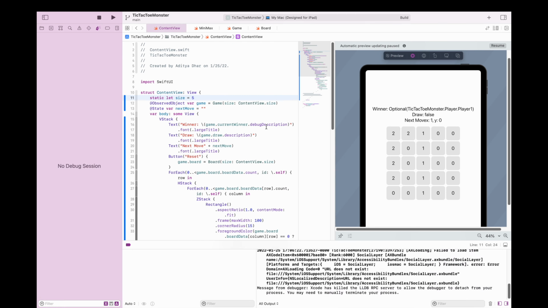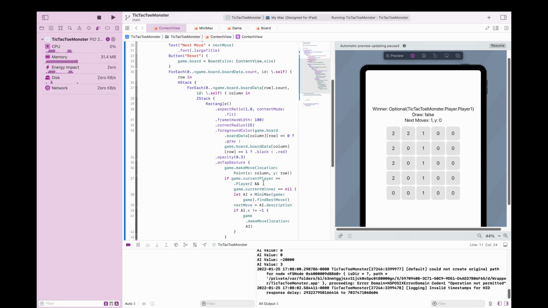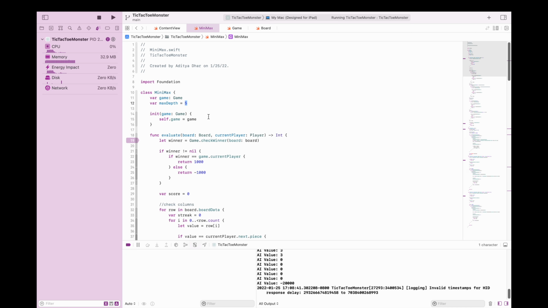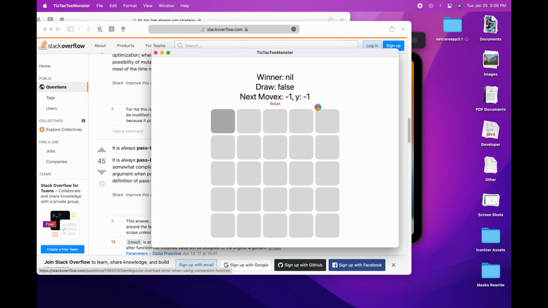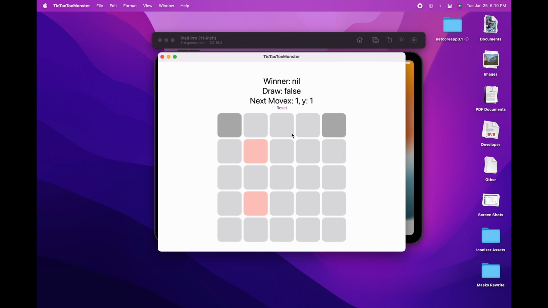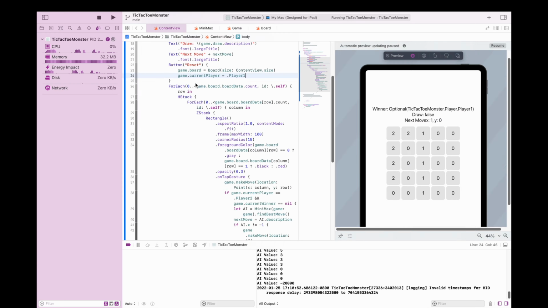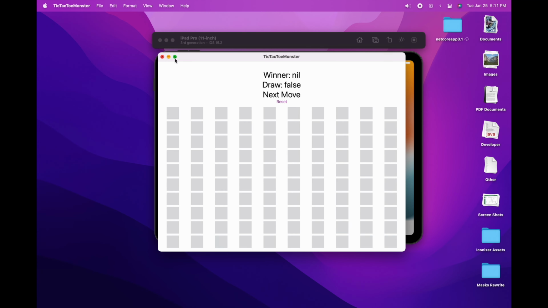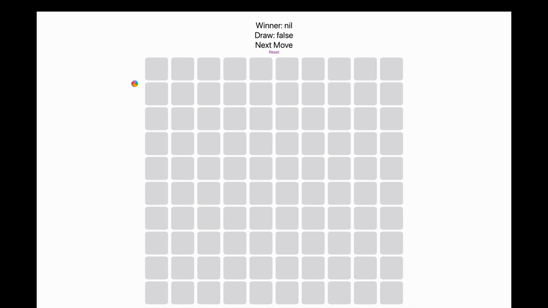I also moved to the Mac app instead of using the iPad because I wanted to make sure that I'm getting the full power of my computer and not just some sort of simulator. But as you can see, it's not the greatest process anyway. It just looks fine though, at least. And yeah, this is the moment of truth. Let's see the reveal.